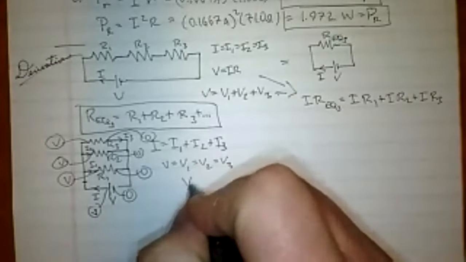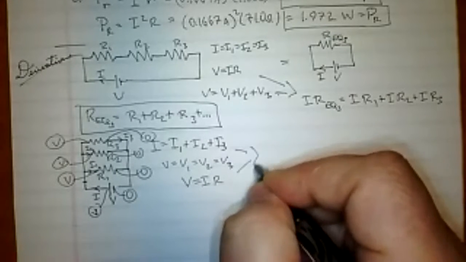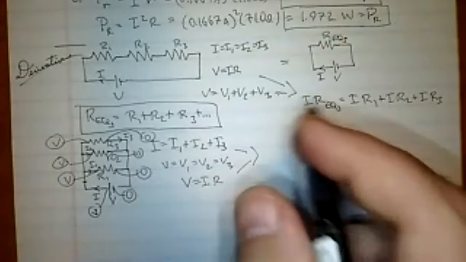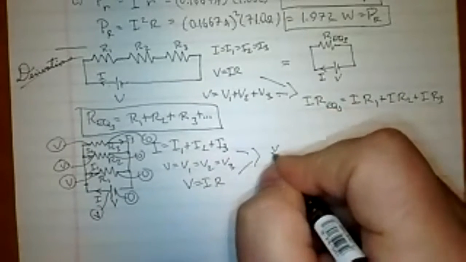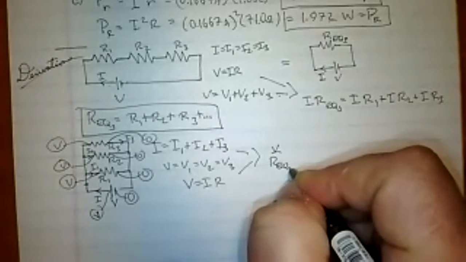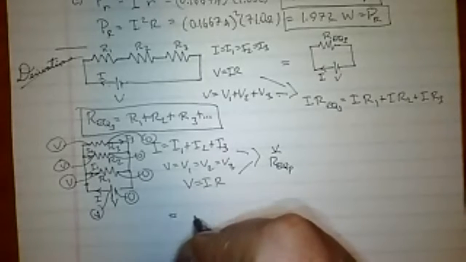And then we can also use V equals IR. And with all this stuff combined, we get a really neat result. Well, I is equal to V over R. So that's going to be V over R equivalent. I didn't draw R equivalent this time, but it'll be R equivalent P. But what I'm really doing is I'm replacing it with